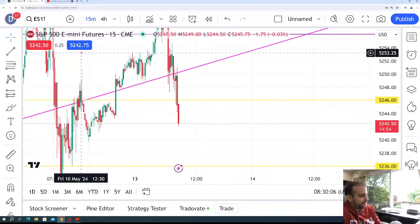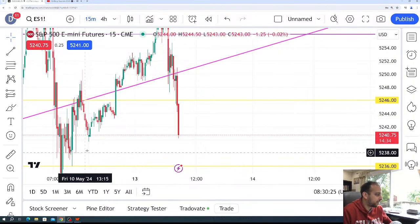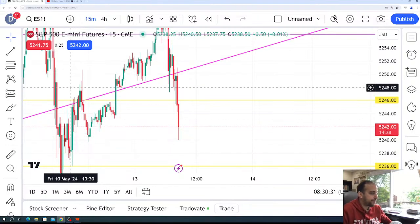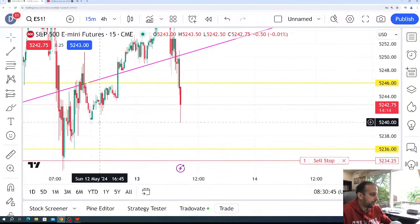All right. Alright, we got that nice flush. Still got a little bit of ways to go. Yes, dude, we're getting it on stream. Alright. We're at the 41 level. We want to see a break below 52.40. 52.40 is the breakdown target. If we can break down through that...